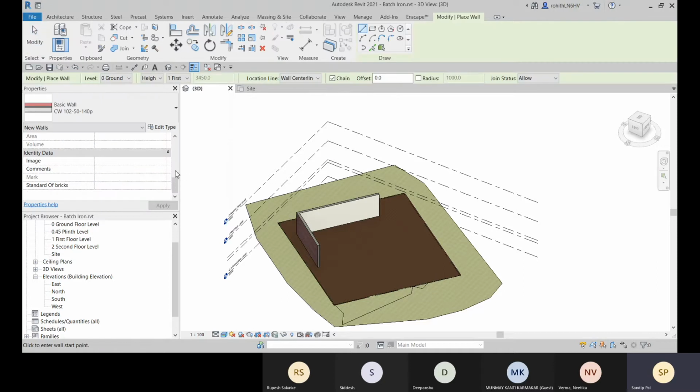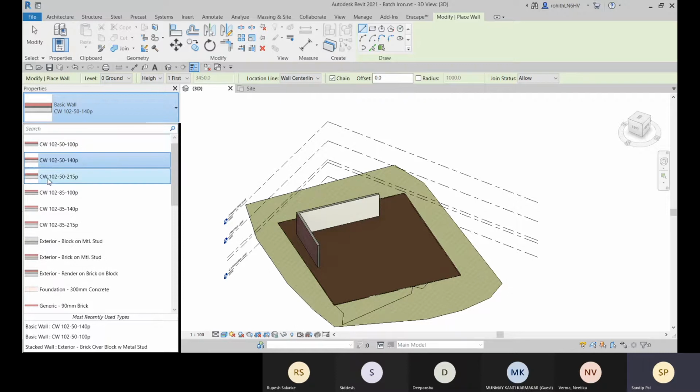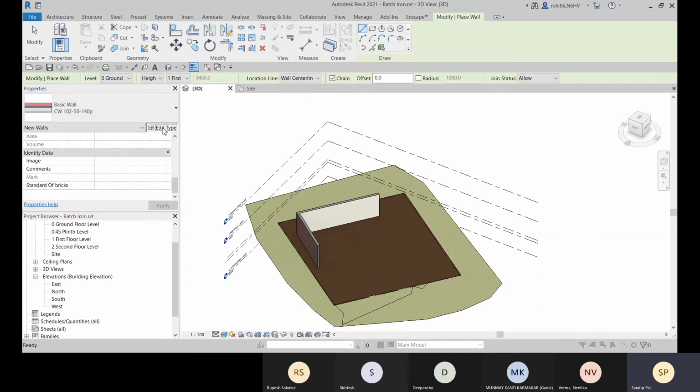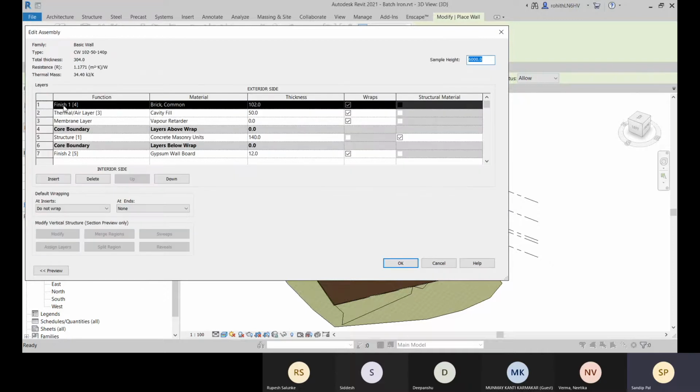All right, now let's learn about the different types of walls in detail. We have this architectural wall, and these architectural walls come under the architectural discipline. These are the compound walls. Some compound walls are already created, and we can create more by changing the type and the properties of it. Let me just show you some. Go to this edit type, and here if you go to this structure, then you can apply it. Here you can see that this many layers are added.